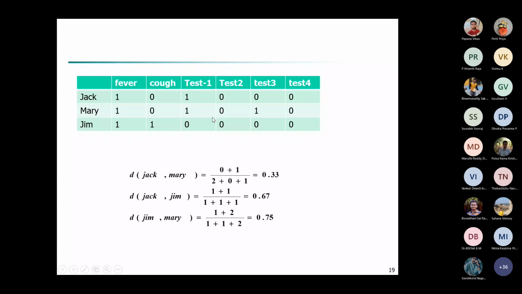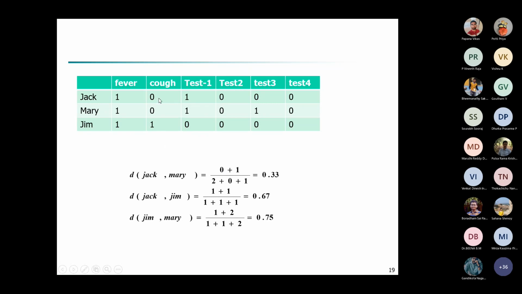So now it's the same thing that I've copied here. Now, how do you find the similarity of Jack and Mary? That is the first two instances. Can you tell me what is the numerator, or what is R and what is S? That is the 1 0 and 0 1 combination.